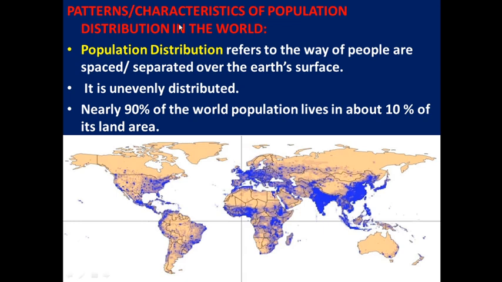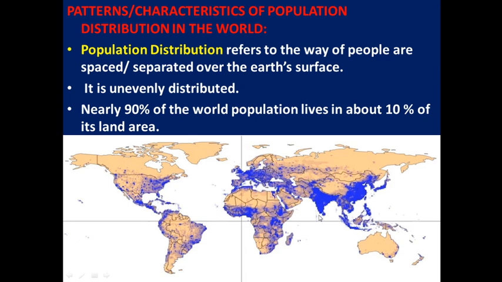If we study the characteristics or patterns of world population distribution, it is totally unevenly distributed. If we look at this map, here the blue shading is very dark. Here the shading is light. Here again the blue shading is light. Here the blue shading is dark. So that means in this region